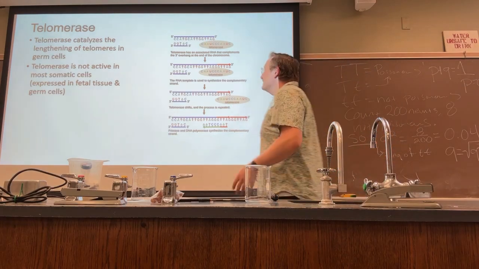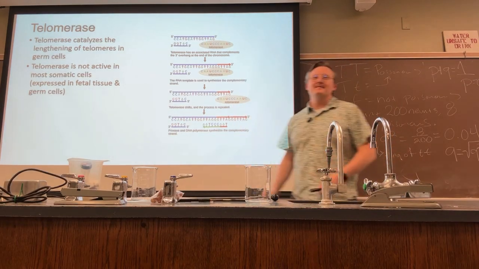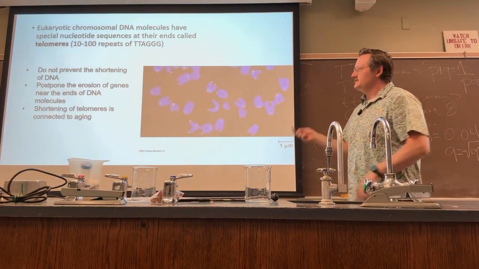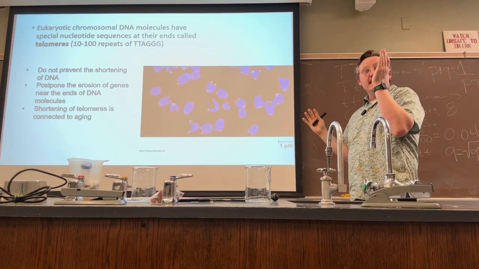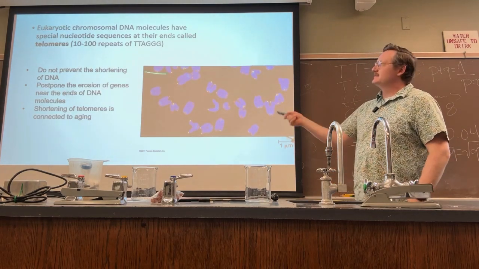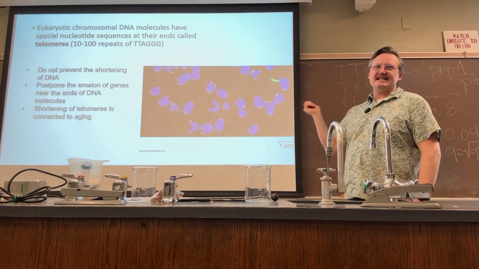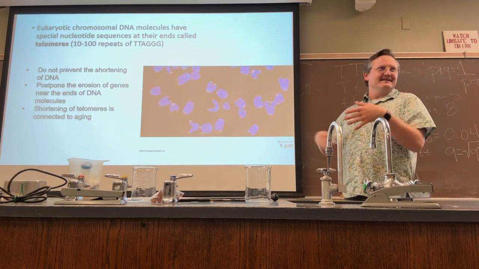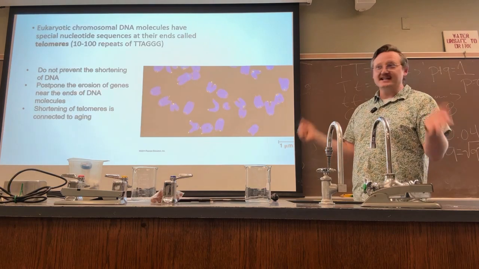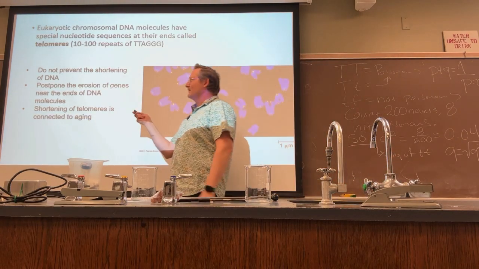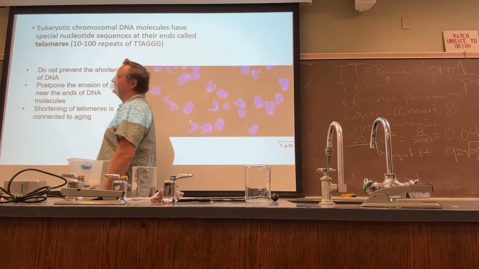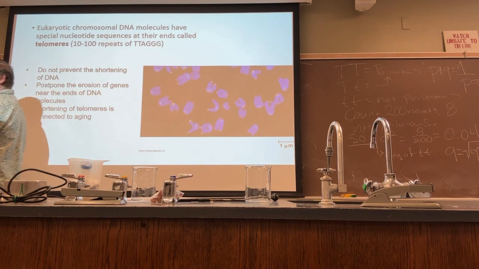Okay. Telomeres. Telomeres are the non-encoding ends of the chromosomes. There's a bunch of repeats of T, T, A, G, G. Doesn't encode anything. It just sits there and gets shorter and shorter every time they divide. Okay? Postpones the erosion of genes that are located near the ends of DNA molecules. So the shortening of DNA is not prevented, but it's postponed by having those blank pages at the end of